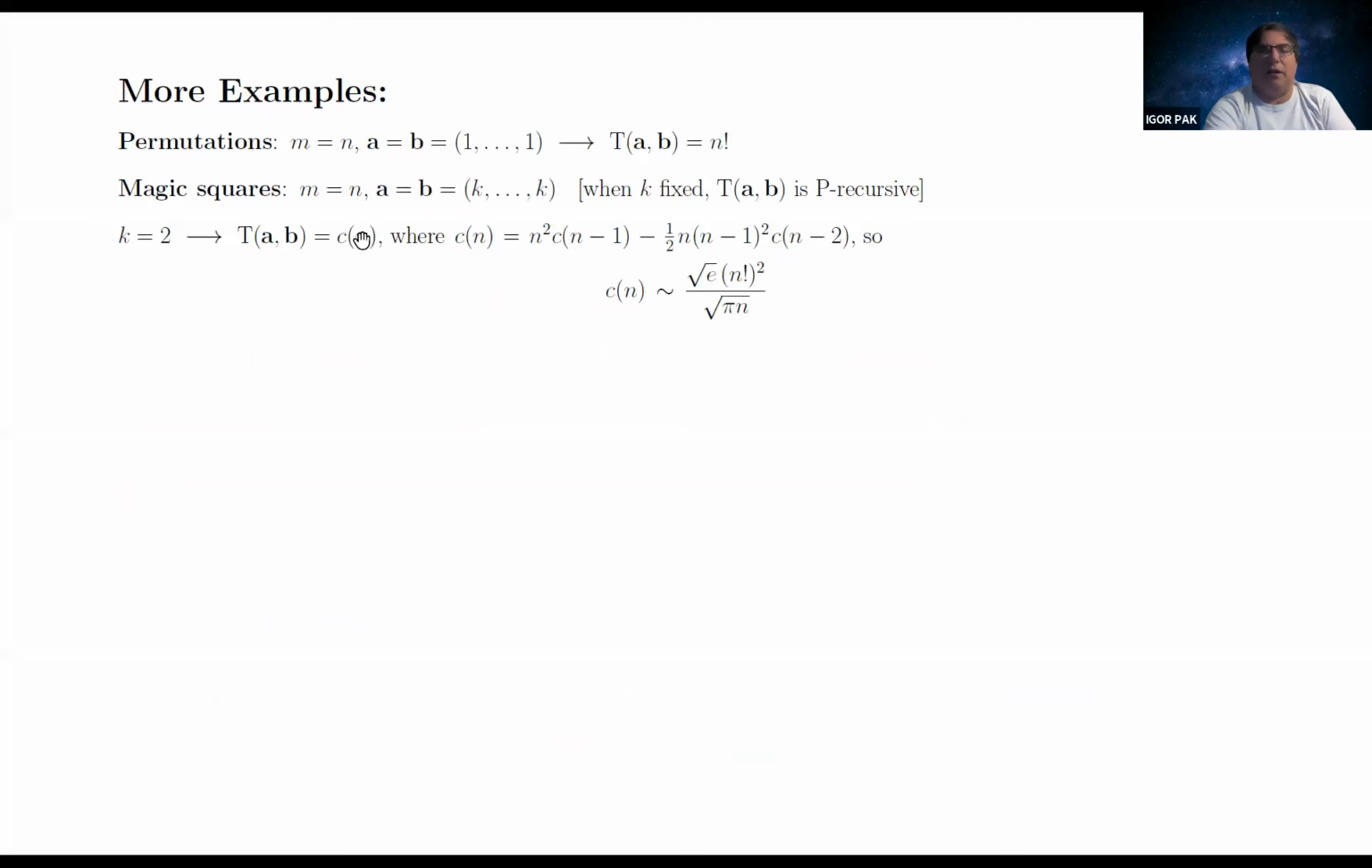The second example is when you have row sums and column sums all equal to 2. Whenever you have fixed row and column sums, the number of such tables is always P-recursive. And by P-recursive, I mean there is a polynomial recursion of this kind. You can see C of n is equal to n squared times C of n minus 1 and so forth. And that allows you to get asymptotics. And also,